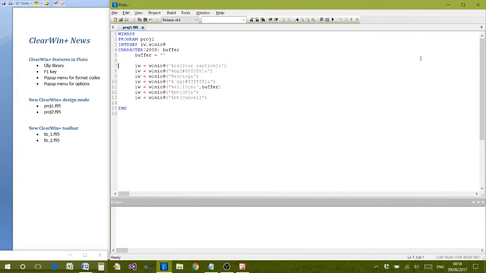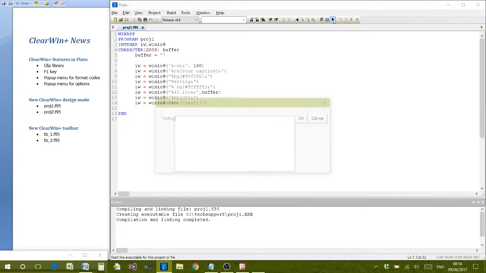Right, so close that down and let's use this new design mode. The way it works is that we use a new code, %WI, which provides an identifier for that particular window. I'm just going to use the value 100 as the identifier in this case. Now with %WI we enter a design mode by putting in a tilde before the WI. Now if we build and run, we find that